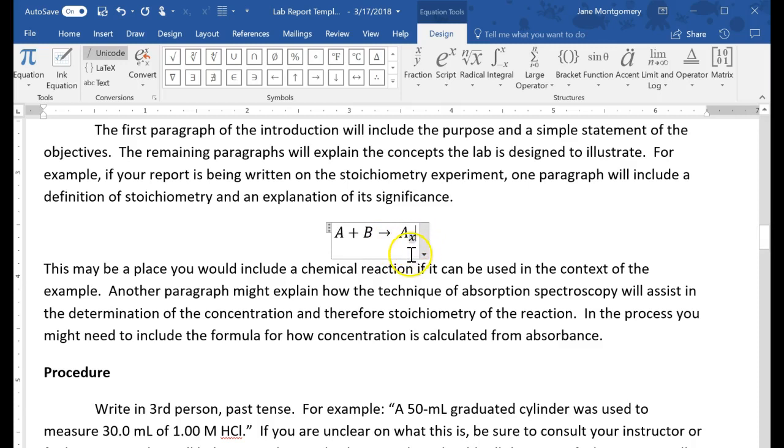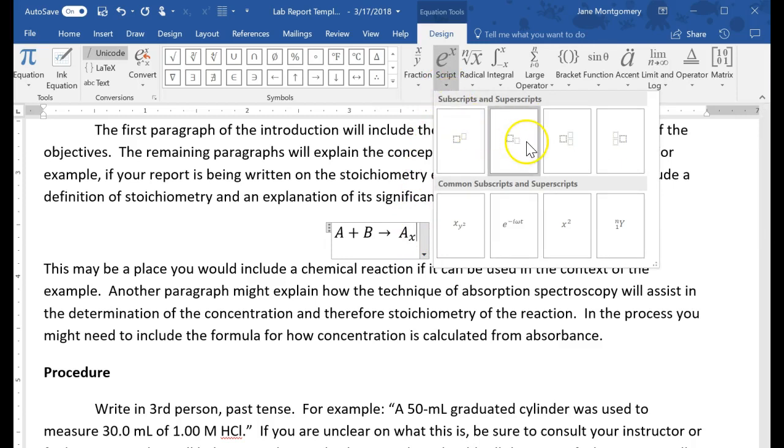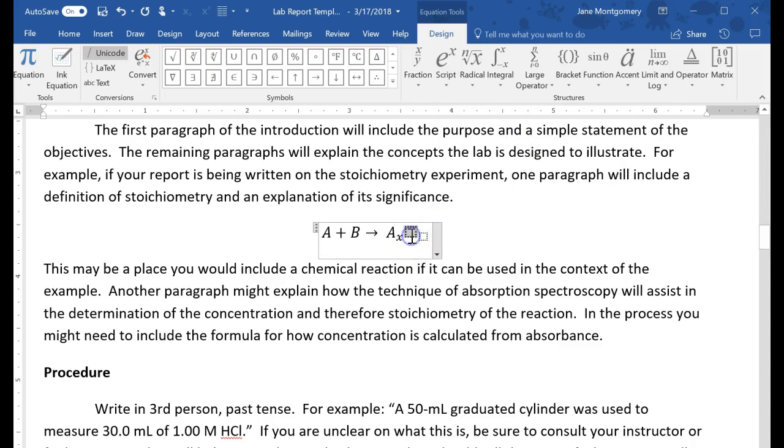And once I've typed the X, if I keep typing, everything's going to still be a subscript. So what I need to do is arrow over. So I'm going to hit the right arrow button on my keyboard, and now you can see that the blinking cursor is taller. So that means that the next thing I type is going to be at the normal script height. And I need a subscript on my B as well, so I'm going to go ahead and click the script button and select the subscript option. And so I'm going to type a B here, and my subscript on B I'm just going to say is